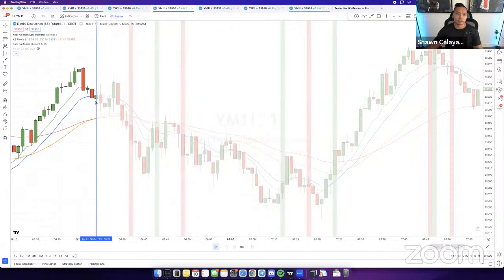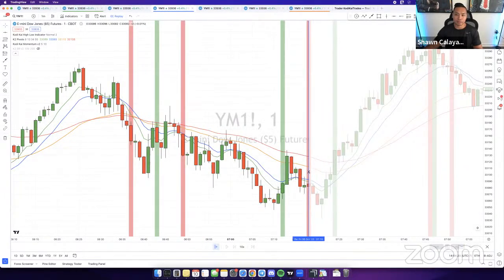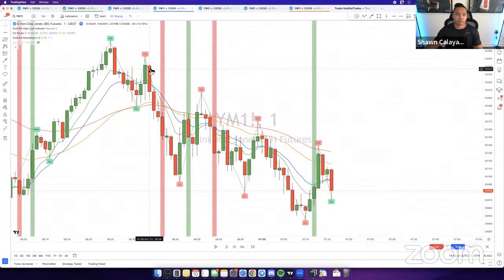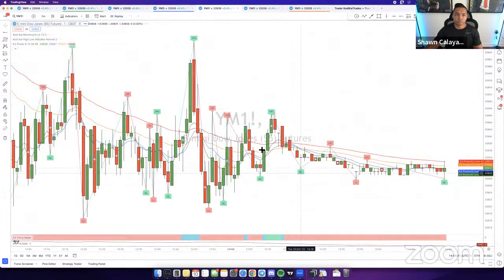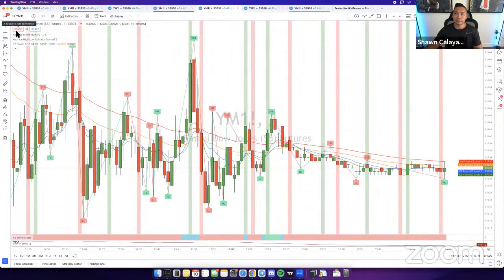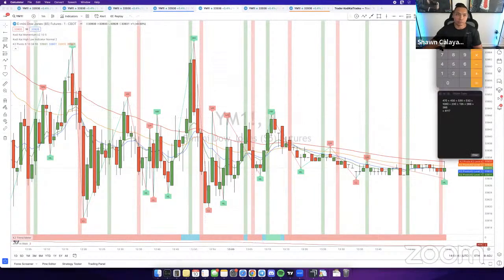For example, if you look at price here, I can't even see it right now because I'm back in time. But if you wanted to look at price over here, price is currently at 33,905. You could do the math. You'll just subtract 33,735 from 33,905. But realistically, you're not going to be able to identify that. It's going to be too much work.